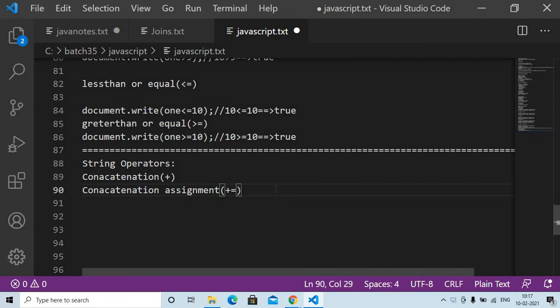So you want to assign any value to your strings. Okay, you want to attach, you can use either plus operator or plus an assignment, so concatenation plus assignment. Okay, so now I'm writing the example, just observe.